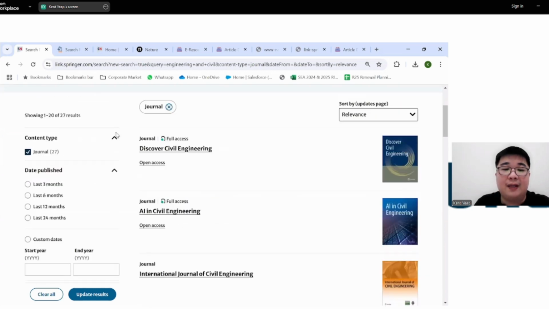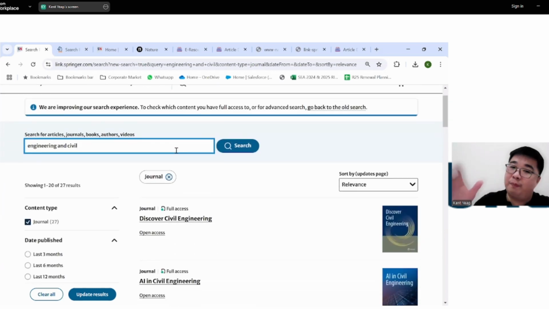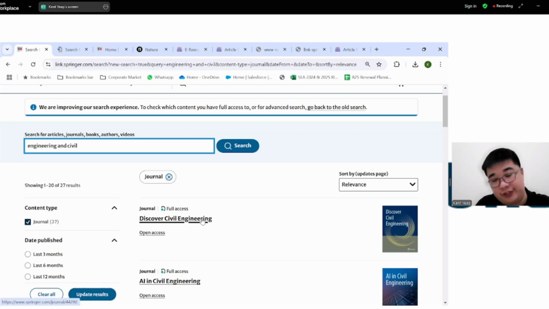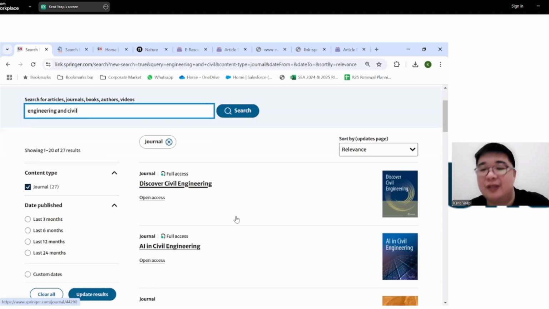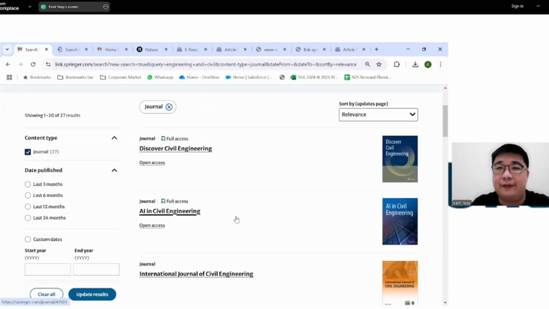The trouble is there are pros and cons to doing this. Number one, because you've done it like this, what it's actually searching for is the word civil or engineering in the name of the journal. It does not necessarily mean that this is a civil engineering journal. Although, of course, this is a very simplistic example.